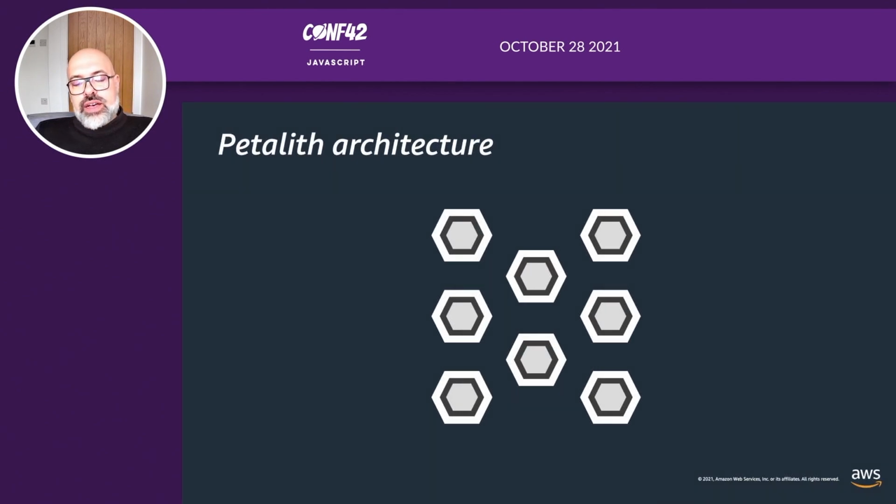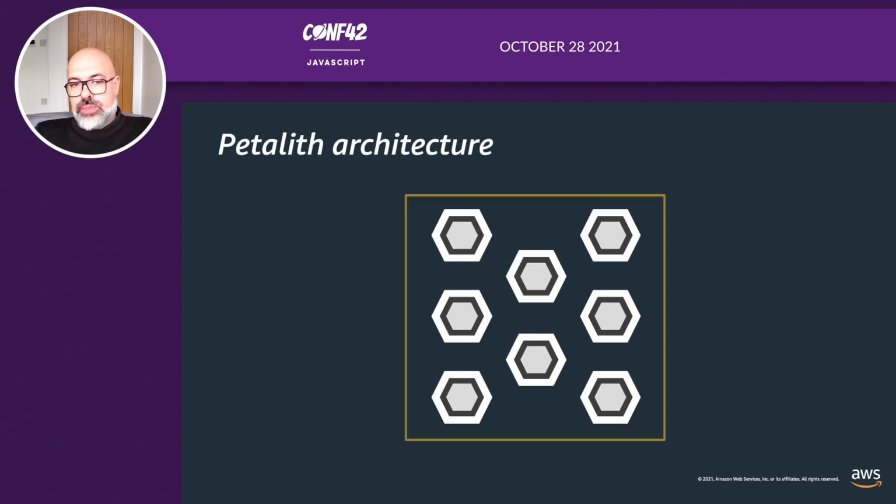Finally, there is a very futuristic approach called Petalite architecture that is also leveraging hexagonal architecture. Petalite basically is the idea where you maintain a microservice implementation for your development phase, but then when you deploy, you deploy a sort of modular monolith in your infrastructure. In this case, you reduce the distribution of the system, but you have the benefit of modularizing